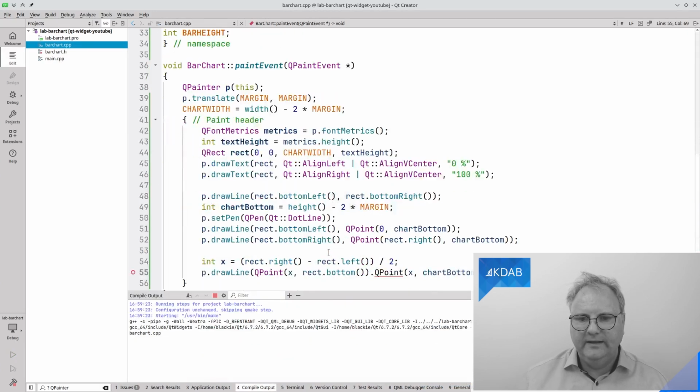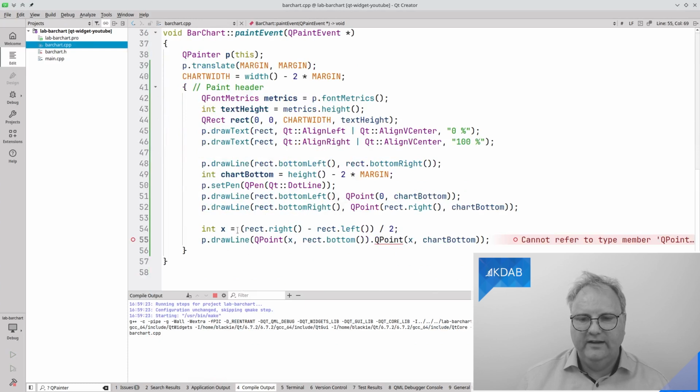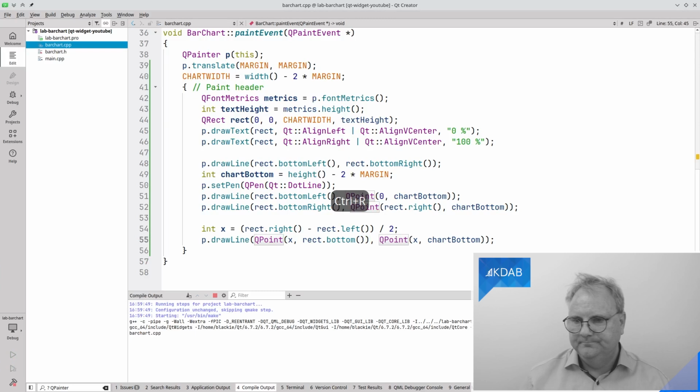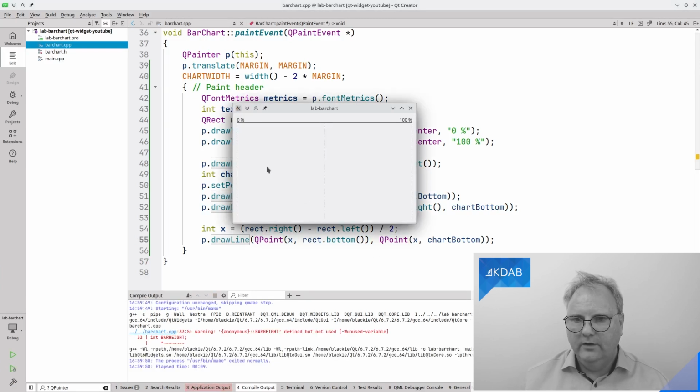And while it's compiling, do enjoy that I created a variable here, x, and I have another chartBottom up here, but they all go out of scope when I hit this one. So when I start again doing the painting of the next bits, I don't need to worry about these instance variables. That's why I like to have the scoping here. And that should have been a comma. And it looks like I managed to get these 3 lines drawn correctly.